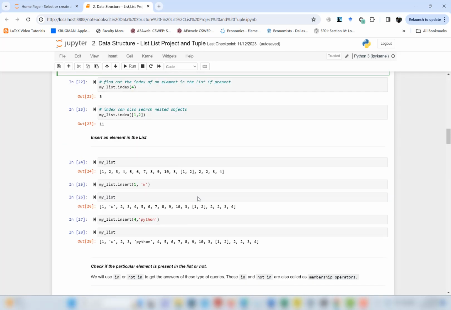Apart from searching, you can also insert an element at a particular index in the list. So again, you have this my_list. For some reason, you want to insert W at index 1. Because as you know, a list is an ordered data structure. That means it remembers the order in which you are storing the data. So you are going to use the insert function. You can give the index at which you want to add the value, and then you want to pass the